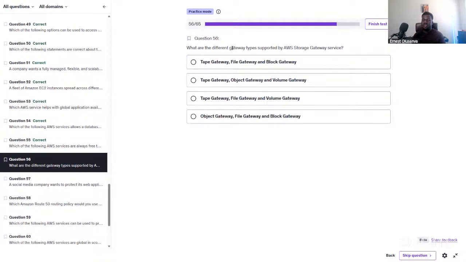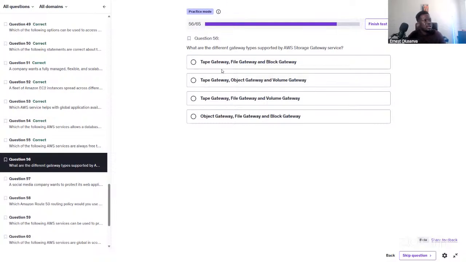What is storage gateway to begin with? Storage gateway creates a hybrid solution where you can connect your on-premises storage to the cloud. So it's specifically for storage. And there are three different formats of that storage that you can work with. You can deal with file storage, right? Regular file storage, which would sync up with S3 easily. You have volume gateway or volume storage, which is for block storage. And we have tape gateway, which is an archival solution. So those are the three.